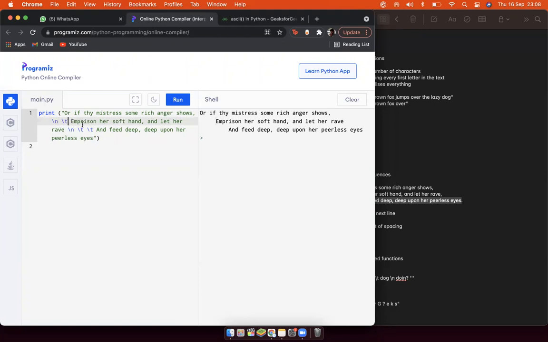The n is just for going downwards. The t is, I think, short for tab. Tab is the tab button on your keyboard. If I press it once, it gives a little bit of spacing, press it twice, it gives more spacing. That's how it normally works, and this is a shorthand for that. So instead of pressing the tab, you write this. So it works all right.